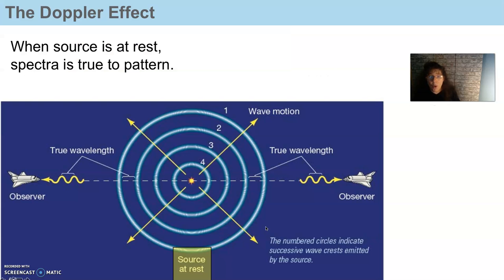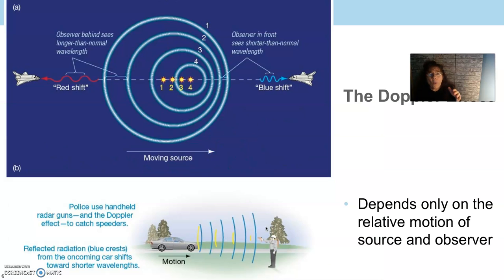And so when an object is at rest and not moving anywhere, it is very true to its standard spectra, like the hydrogen that we just saw back there. It's standard spectra when it's at rest. And when it is moving, the colors of the spectra, especially in the visual, can move just a touch over. You wouldn't even see the difference of the color in your eyes, but the spectrograph can pick up the difference